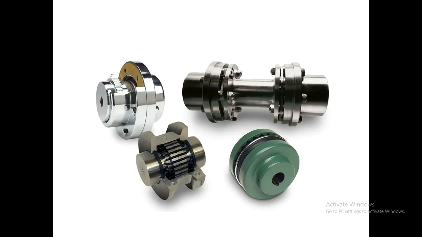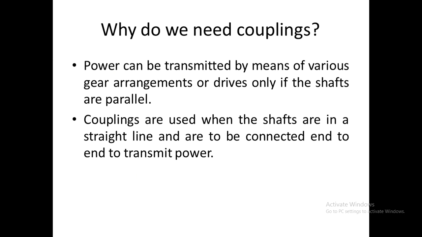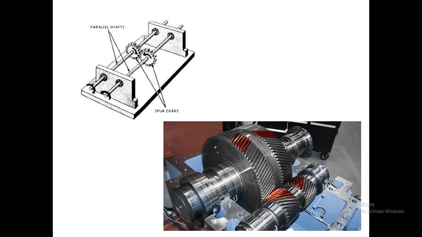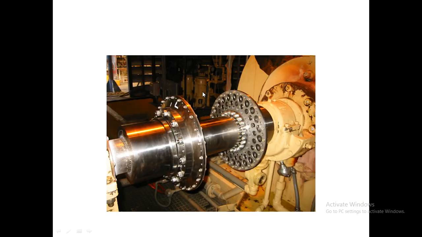This slide shows some pictures of couplings. So why do we need a coupling? Power transmission is possible in parallel shafts by gear arrangement. If we want to transfer power in shafts which are in a straight line, couplings can be used. We can see how a gear transmits power between two parallel shafts, and here we can see couplings which are used to connect shafts which are in a straight line